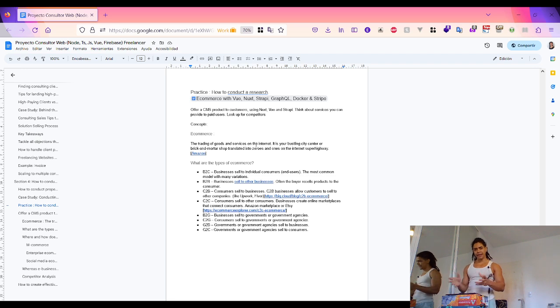So with that, then I look at the several types of business models or e-commerce that we can have and the different actors in the business area, whether it's the government, the consumers, and business, and how each is related to the other and how they provide goods and services to each other. So first I look at the business to consumers, which is the most widely popular